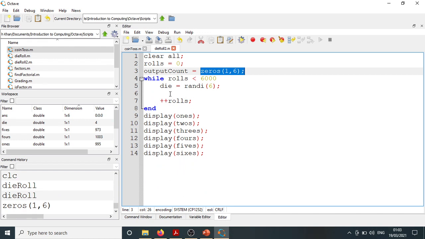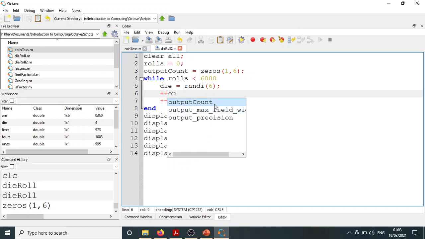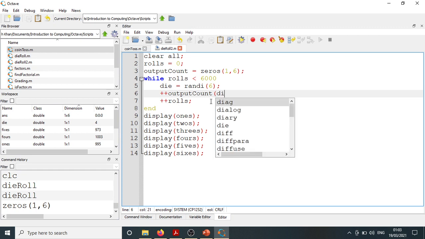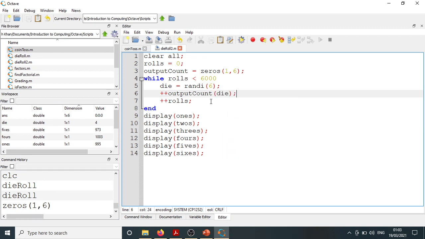अच्छा, उसका फ़ायदा क्या होगा? फ़ायदा ये होगा कि हमें एक तो वो 6 सेपरेट काउंटर्स नहीं चाहिए। ऑल्दो हमारे पास ये वेक्टर है और उसमें 6 एलिमेंट्स हैं, लेकिन नाम एक है, आउटपुट काउंट। ठीक है, हम सिर्फ इंडेक्स मुख्तलिफ यूज़ करेंगे और इंडेक्स को भी मुख्तलिफ यूज़ करने की ज़रूरत नहीं है। वो जो इंडेक्स है वो हमारे पास ऑलरेडी वेरिएबल डाई में स्टोर हो जाता है। तो हम सिंपल ये काम कर सकते हैं, हम कह सकते हैं इंक्रीमेंट आउटपुट काउंट। हमारे पास ये जो वेक्टर है आउटपुट काउंट, ठीक है, इसके एलिमेंट एट इंडेक्स डाई उसको आप इंक्रीमेंट कर दें। ठीक है,